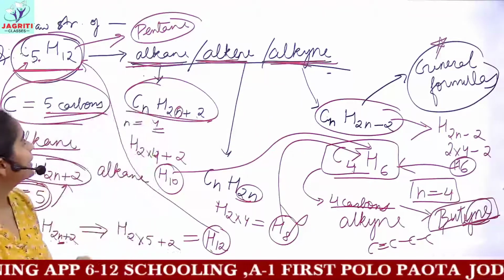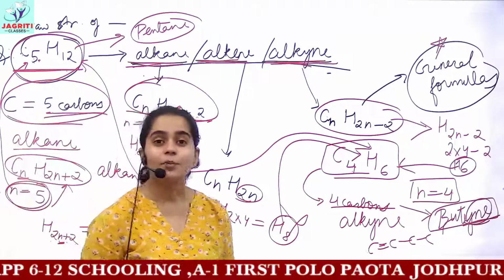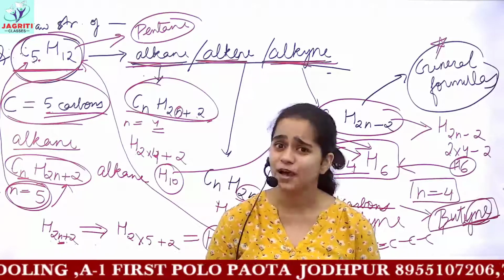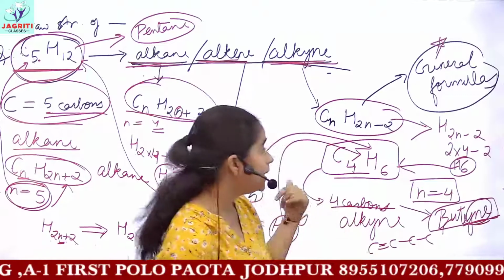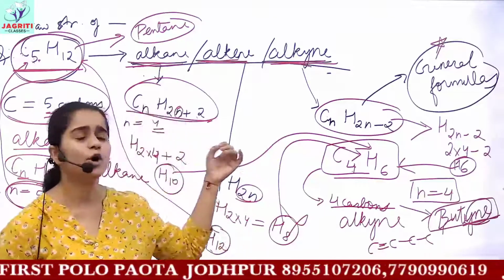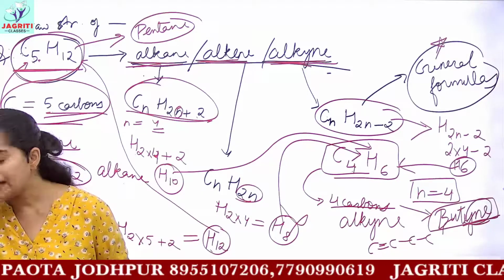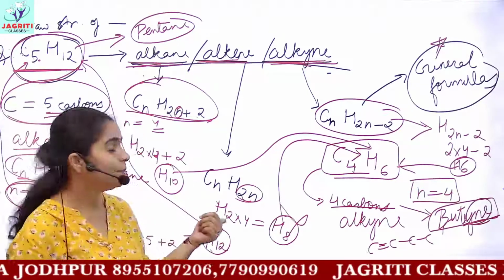So this is, I think, enough for today. Now we'll be joining in the next class and it would be about allotropes of carbon. It is a theoretical topic. I'll be providing the maximum number of points for the allotropes. Then you are left with isomers and homologous series. So this would complete your chapter.